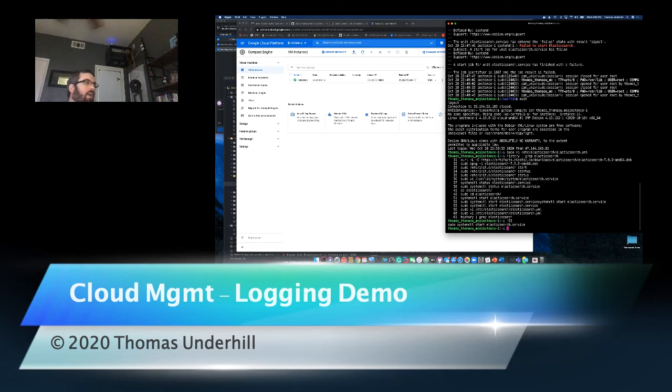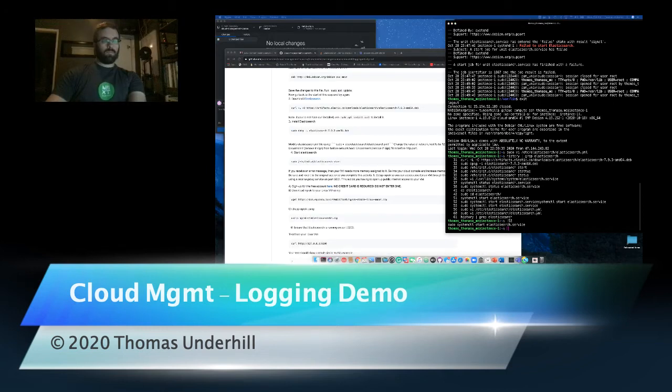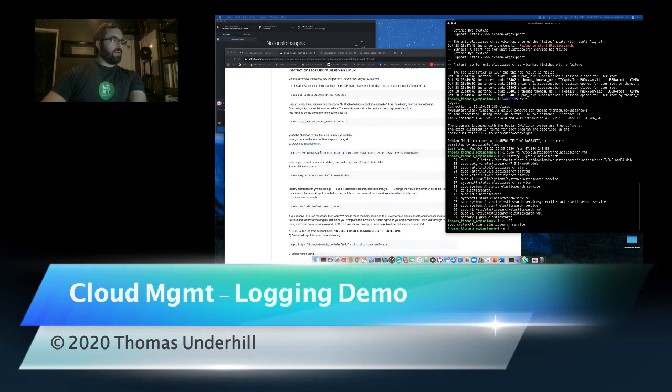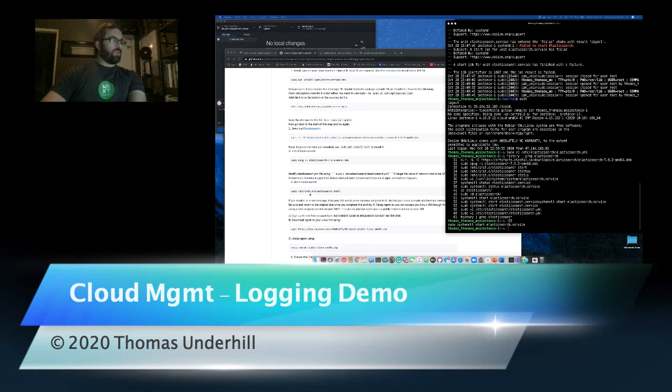Okay, it started that time. Okay, so let me pause so I can start the cloud. All right, so where we left off before, I had just started the Elasticsearch service. The number's going to change on this, so I can't give you a step number, but I'll show you on the screen here. So I started Elasticsearch with